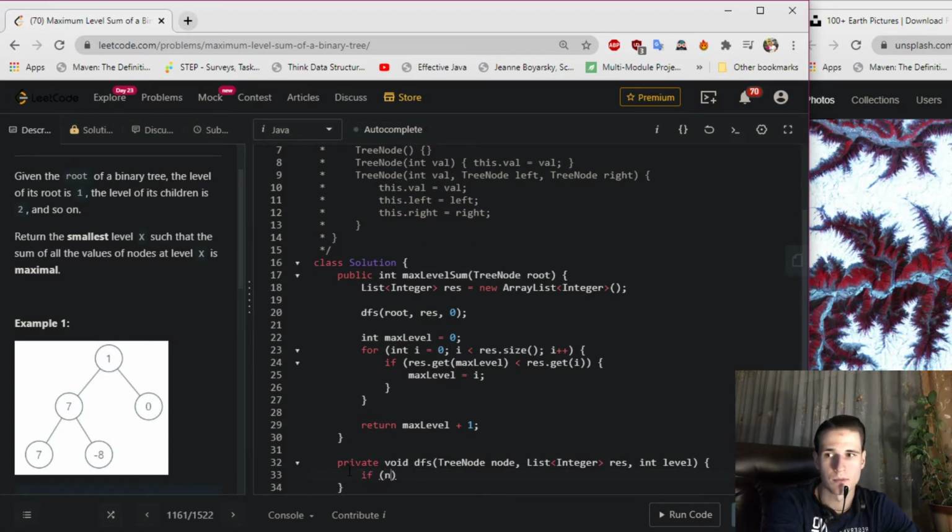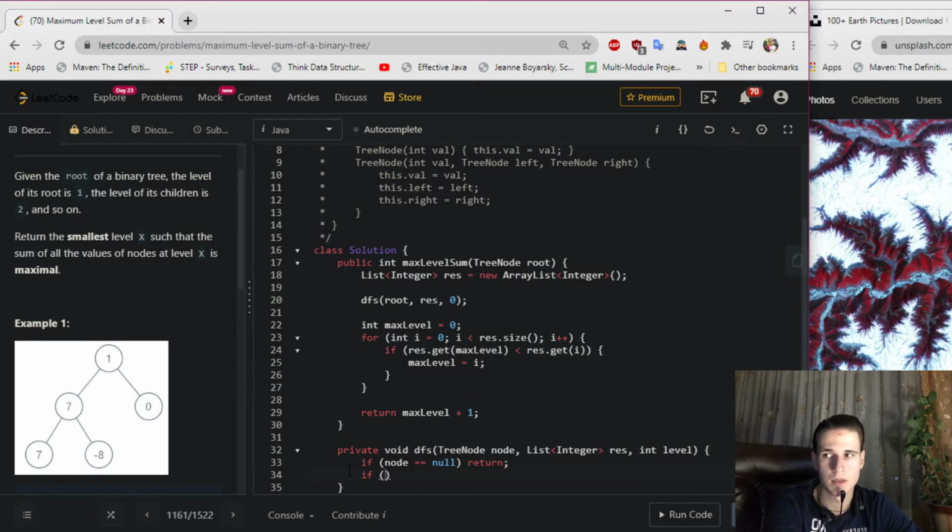In the case when node is null, we return, and in the case when we see the node at the current level the first time, when we are at the first time at the current level, we say if the length of this list, means the size of this list, is equal to the level,